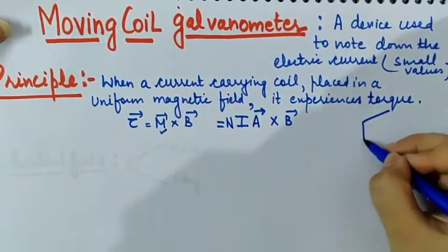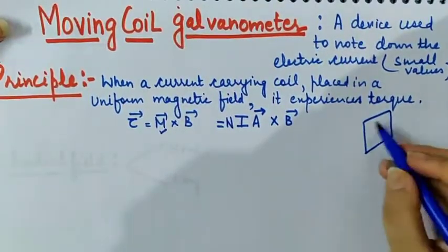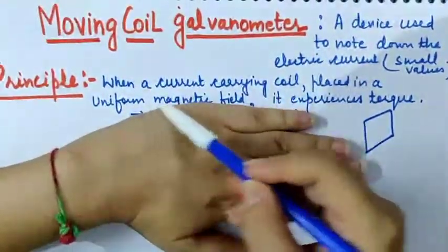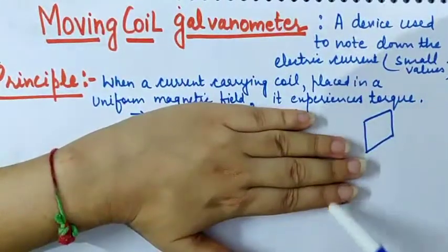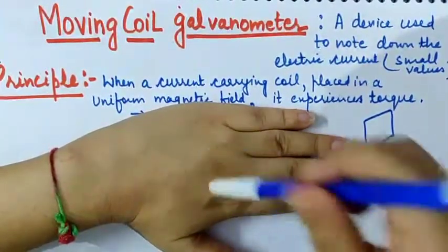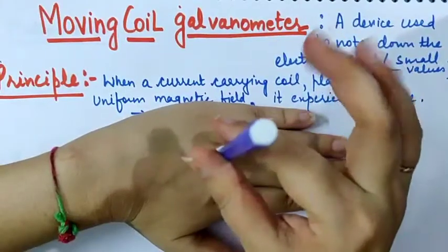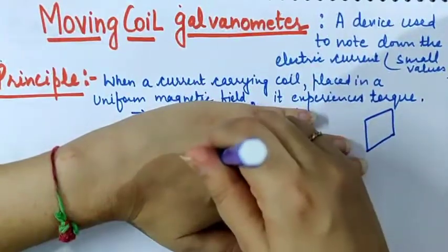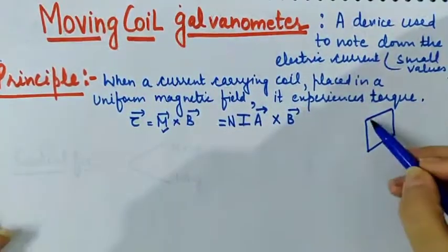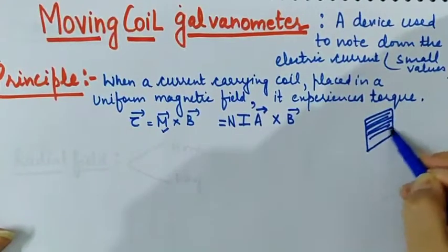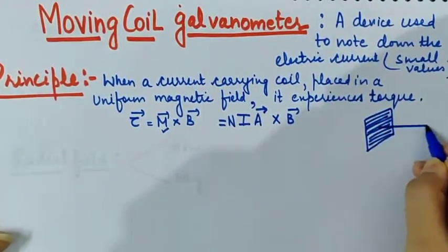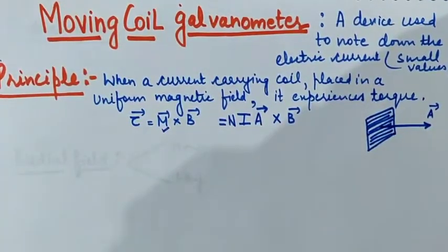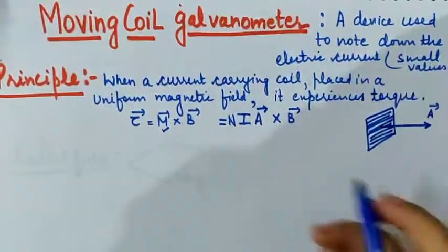Suppose you have some area like this, say a rectangular plane, and this might be the length, this might be the breadth. The area vector is the outward drawn normal from the center. This is called the plane of the coil, and this is called the area vector of the coil. Similarly here also, this is the plane of the coil, and the area vector is the outward drawn normal to the coil. So this topic will be very important to us.